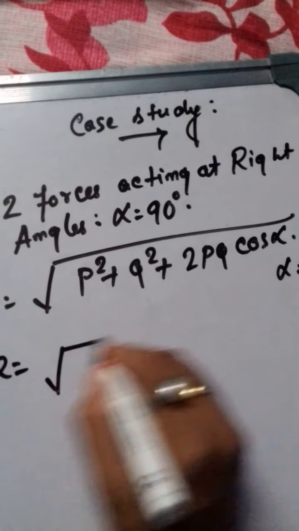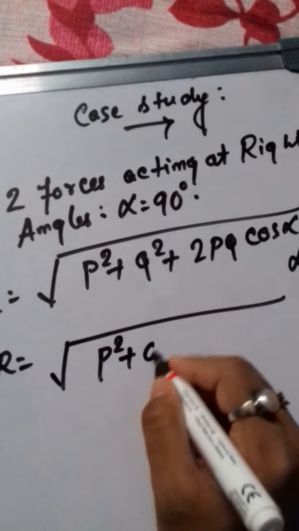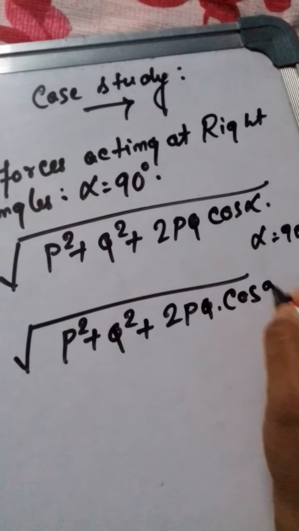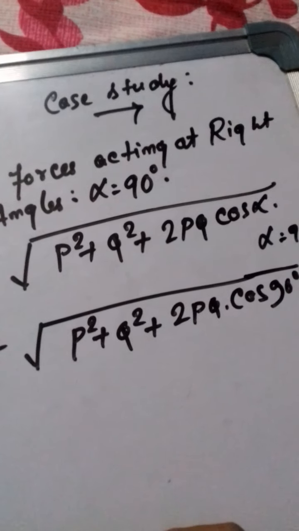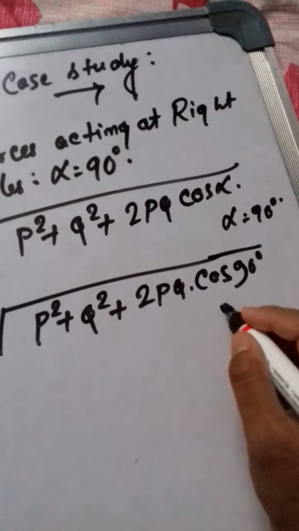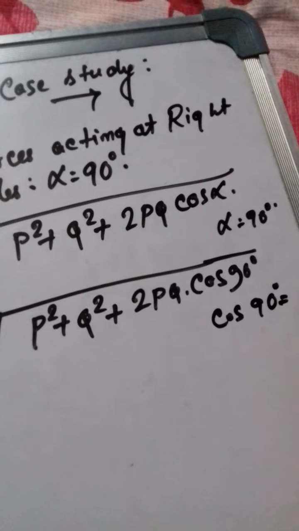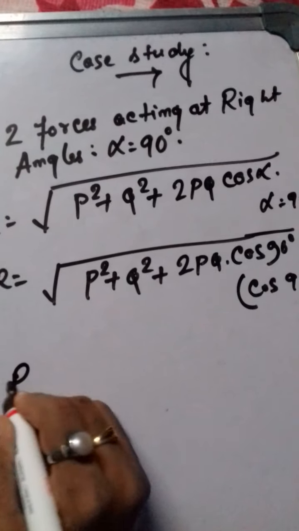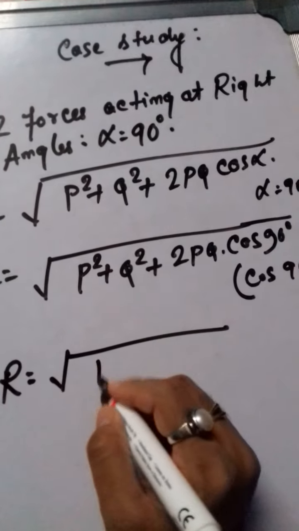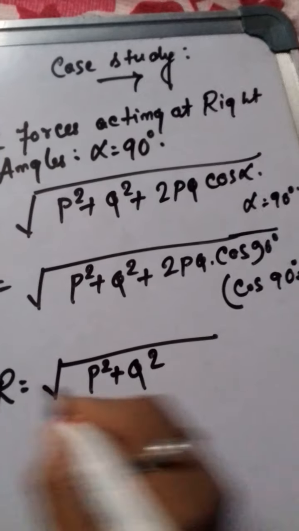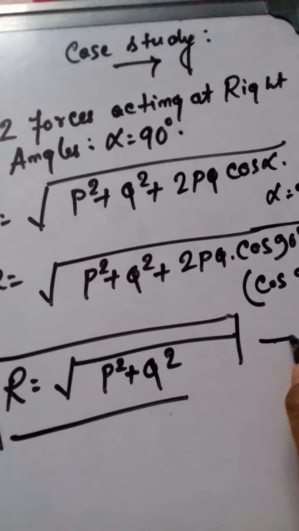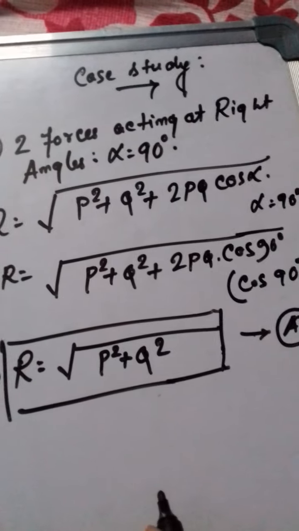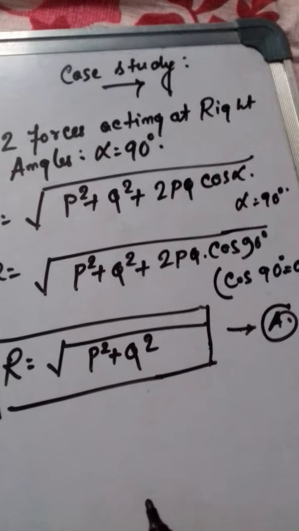R is equal to root over of P square plus Q square plus 2PQ cos 90 degree. We know that cos 90 is equal to 0, right? So you will get the value of R equal to root over of P square plus Q square. This is the value of the resultant when the angle between the two forces is 90 degree, that is alpha